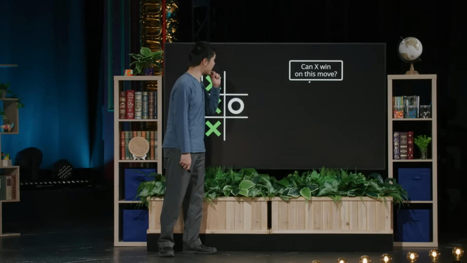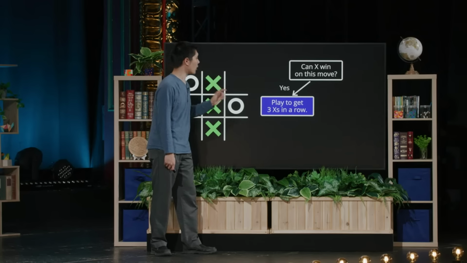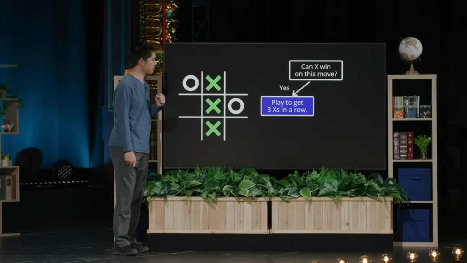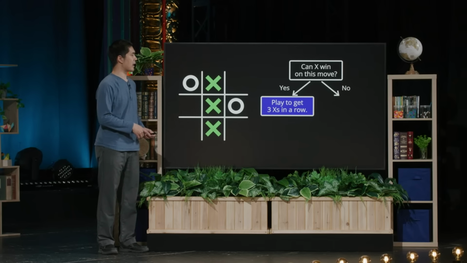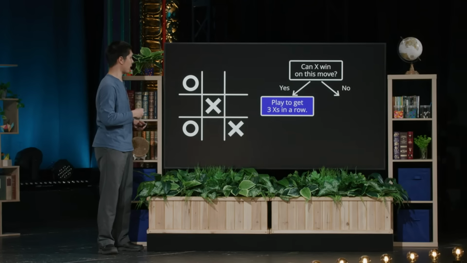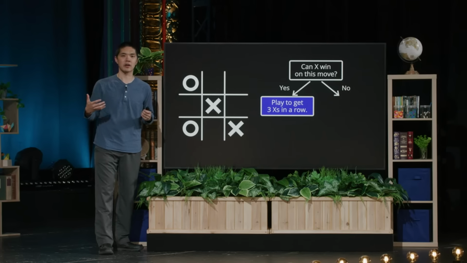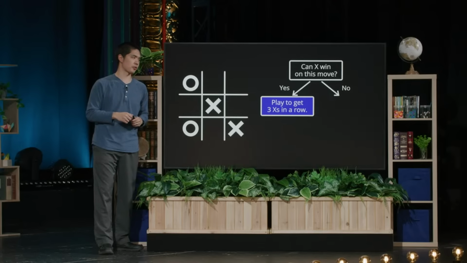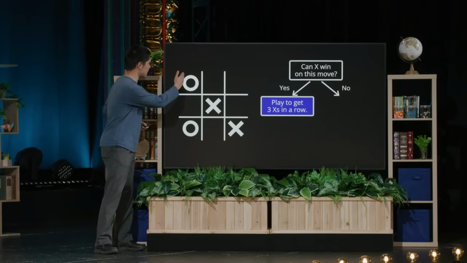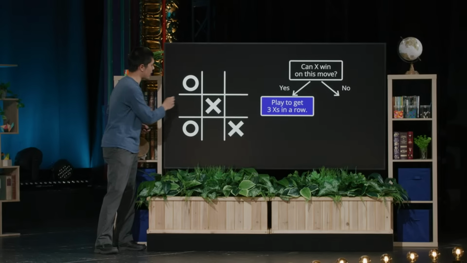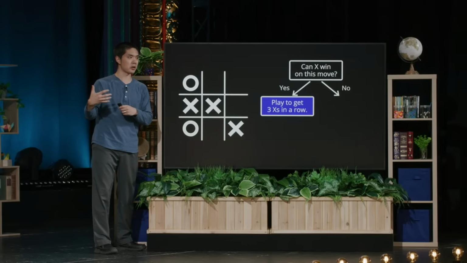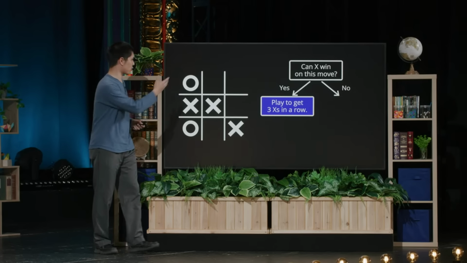If the answer to this question is yes, if we can win on this move, well, then the action we should take is we should play in the square that allows us to get 3 X's in a row. But the answer to that question won't always be yes. Sometimes we'll be in a position like this, where there's no direct way for us to be able to get 3 X's in a row, where instead the question that we were asking ourselves was, all right, well, can we block my opponent from getting 3 in a row? That if my opponent is the O's, if O can get 3 in a row, well, then I better play in the square that blocks them from getting 3 in a row to make sure that they don't win on their next move. And so that, too, is a question that we might ask here.